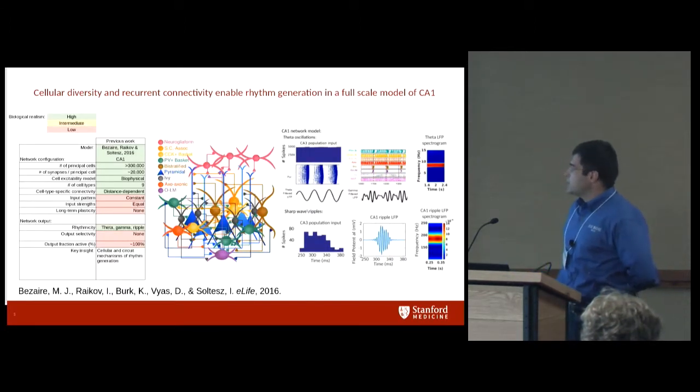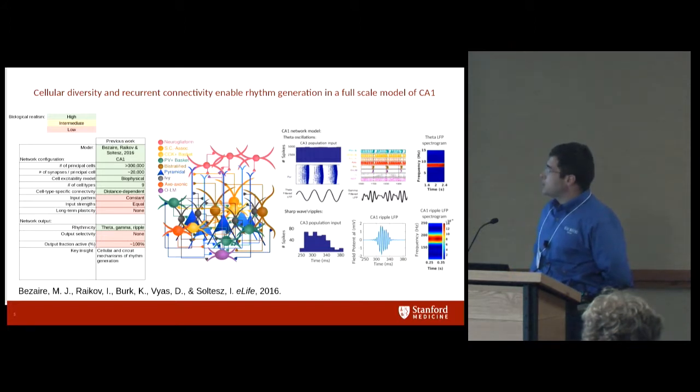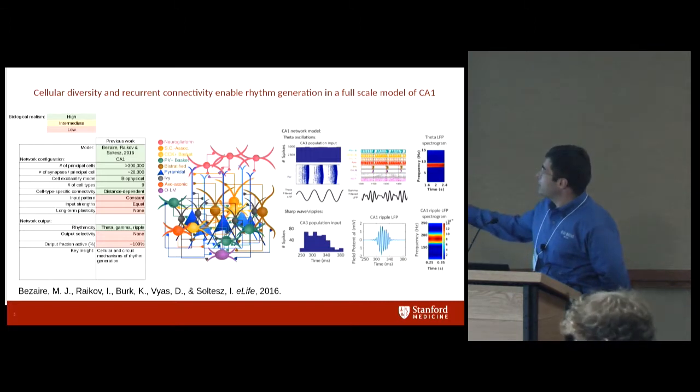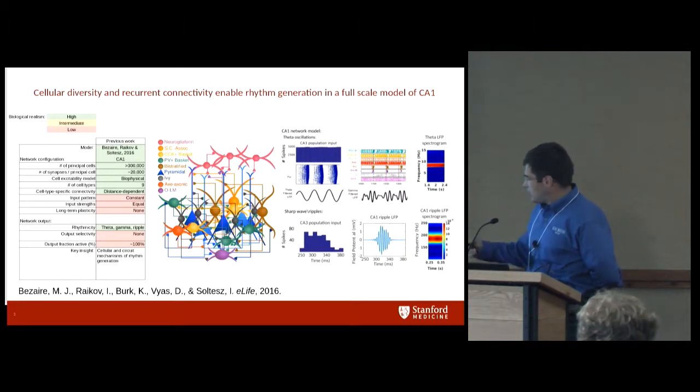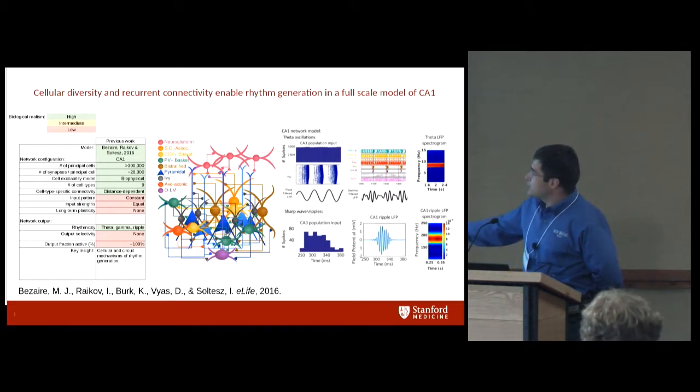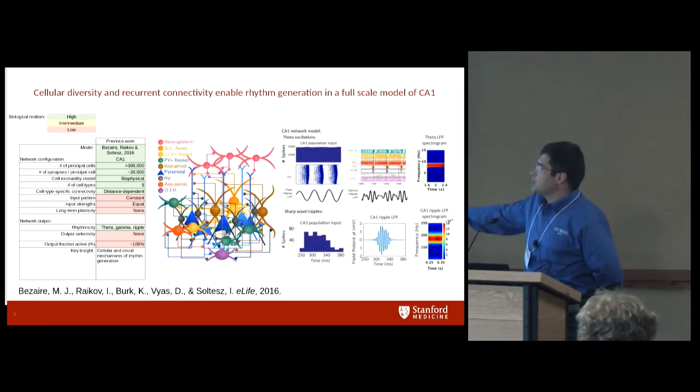So the first project that we completed with the aid of Blue Waters was a model of the hippocampal CA1 region. There are three major subfields of the hippocampus. That model included on the order of 300,000 cells, 300,000 neurons. There were a number of different cell species inside, on the order of 10 species with their own biophysics. And they also followed realistic distance-dependent connectivity patterns.